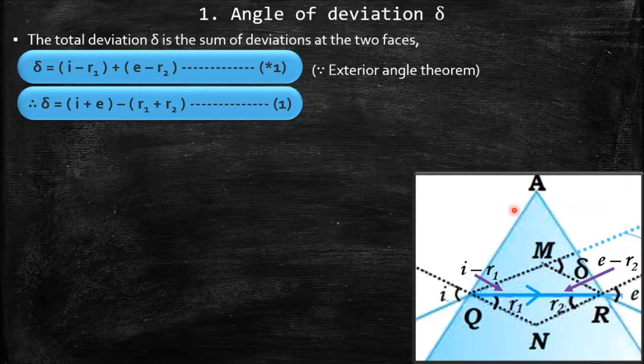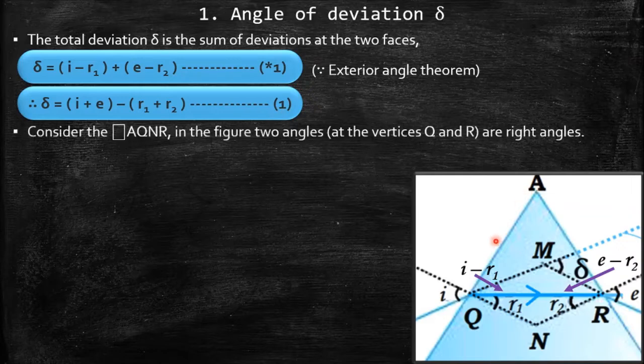Okay. Well, let us now consider the ice cream with the ice cream cone. That is my quadrilateral AQNR. Okay. So how are we going to go about this derivation? First, we'll be considering the larger sided polygon, that is AQNR, or in, let's say, layman's language, the ice cream with the ice cream cone. And in the next step, we are going to go with the three-sided polygon, alright, or the ice cream here.